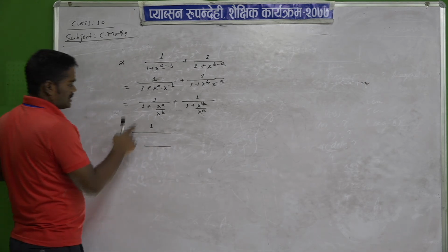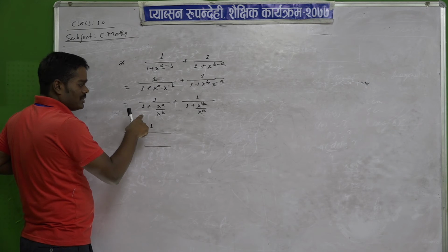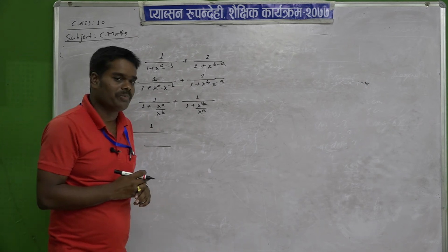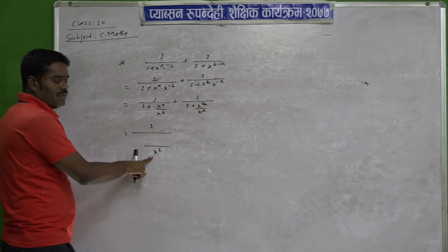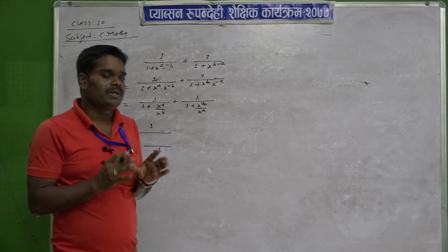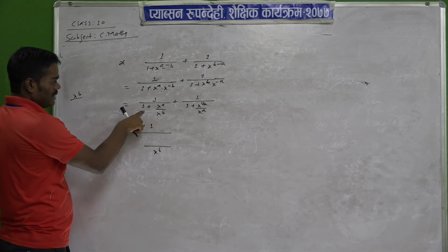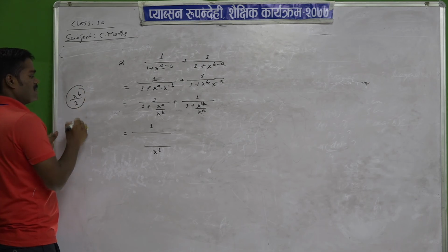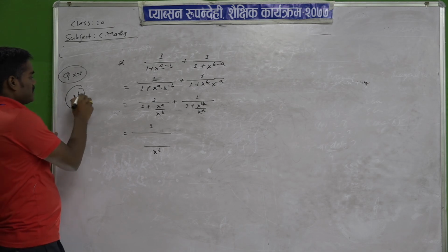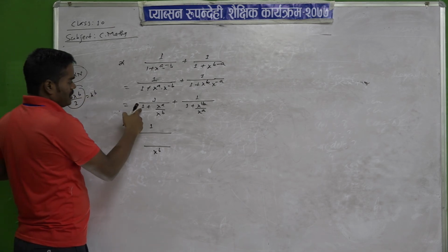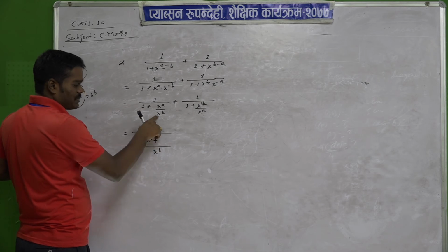Then after, 1, take here LCM. What is here? 1, and what is here? X power b. Here the denominator of 1 is 1. So the LCM of 1 and x power b is what? X power b. And you know, after taking the LCM, always we have to do what? We have to divide the LCM by the denominator. So here x power b is the LCM. What is the denominator here? 1. So x power b by 1 means what? X power b. Then after you have to multiply quotient into numerator. So what is the quotient left here? X power b, and what is the numerator here? 1. So 1 into x power b plus x power b is cancelled.